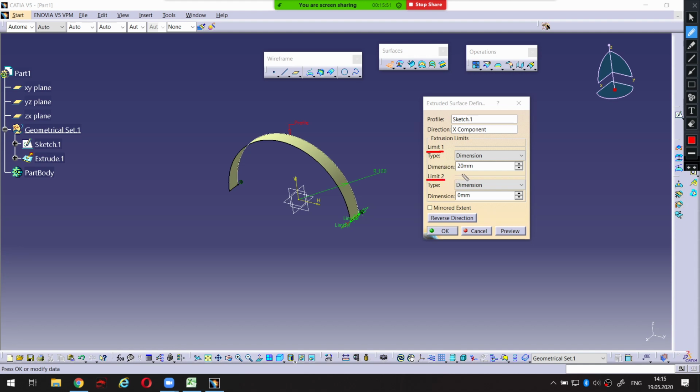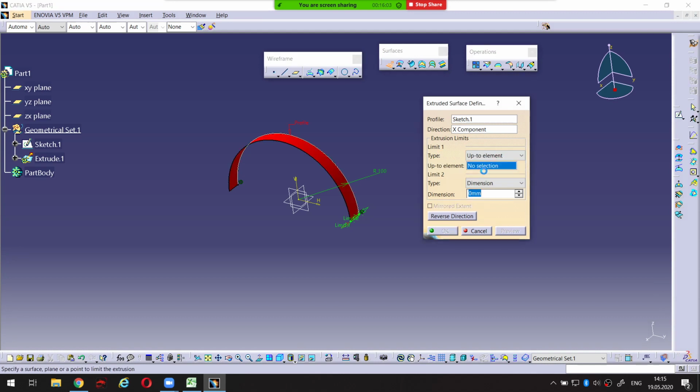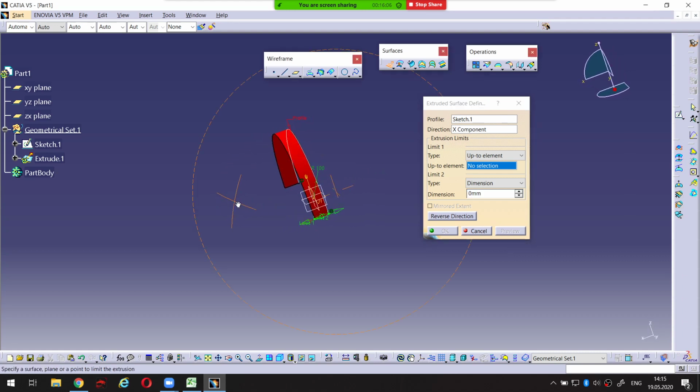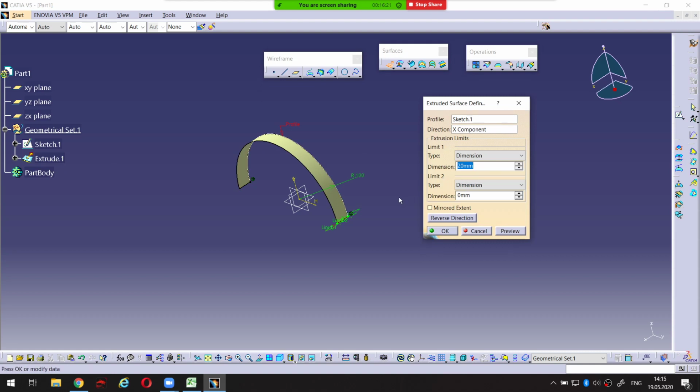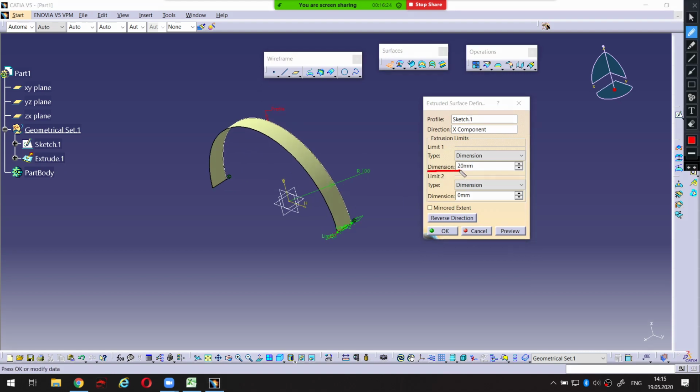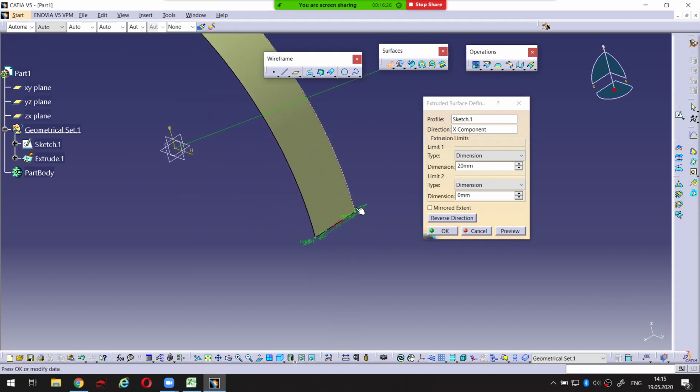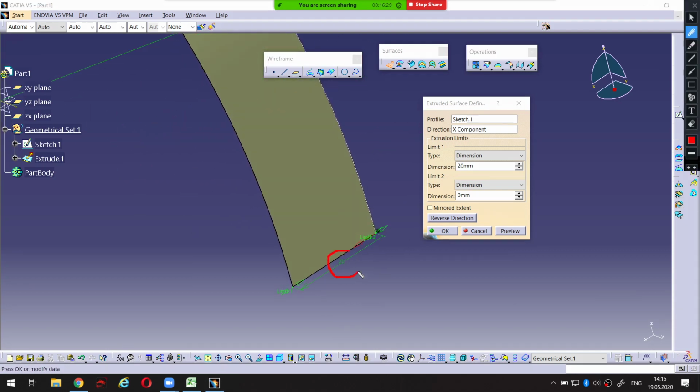So let's look at the other options, which are limit 1 and limit 2. As you probably understand, limit 1 type here is selected as dimension. I can select up to element, but I'm not going to do this because I don't have any other element other than Sketch 1 and another element, which is Extrude 1, not created yet. I just select dimension, and the dimension is 20 millimeters, which is in this case the dimension of my surface